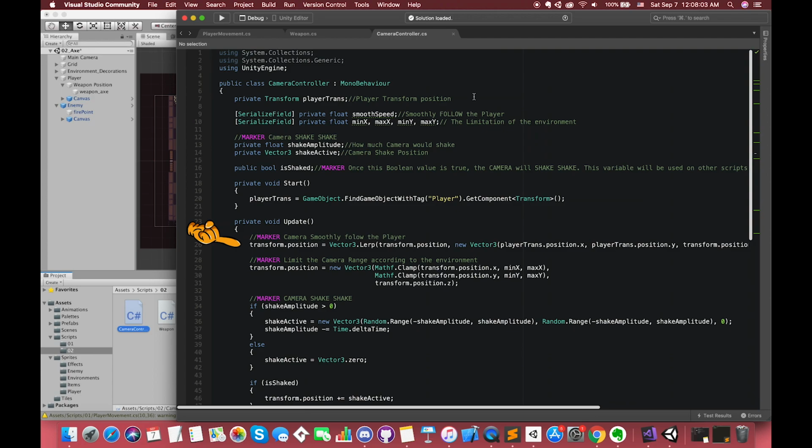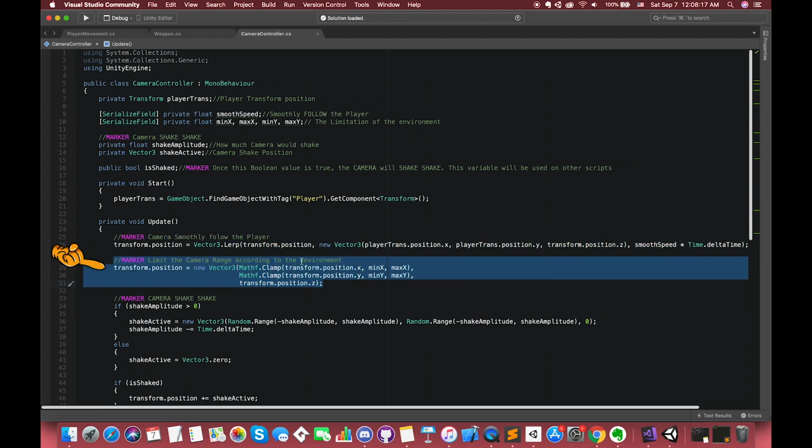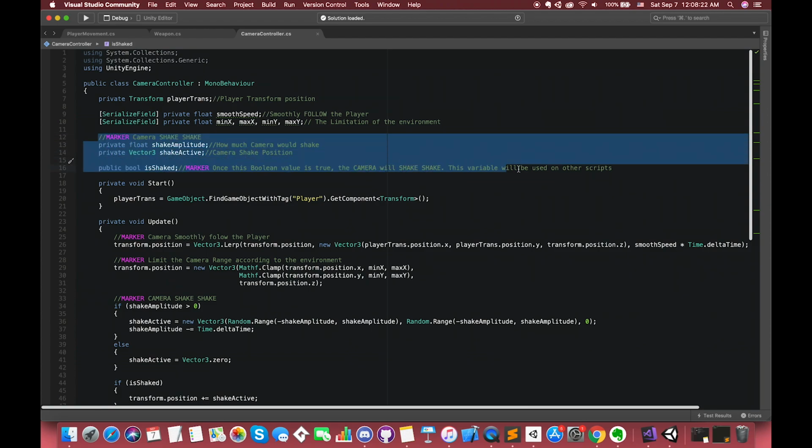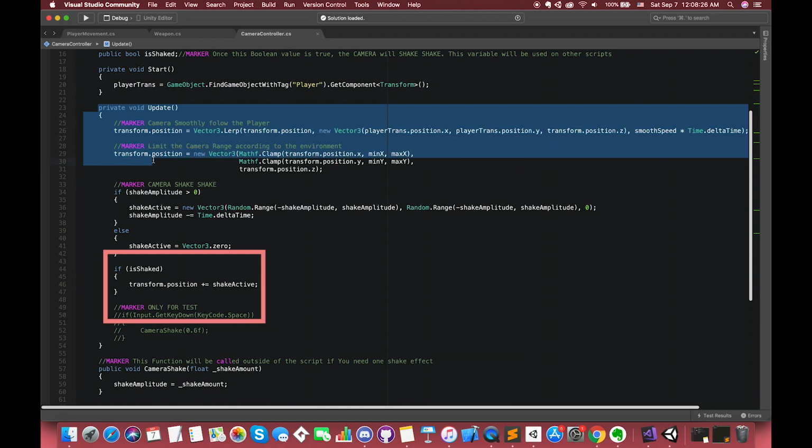The first parameter is our current position. The second parameter is our player position. The third parameter is the smooth speed multiplied by Time.deltaTime. Also, I set the limitation of the camera movement. For camera shake, I set two private variables to achieve this. Once isShaked Boolean variable is true,